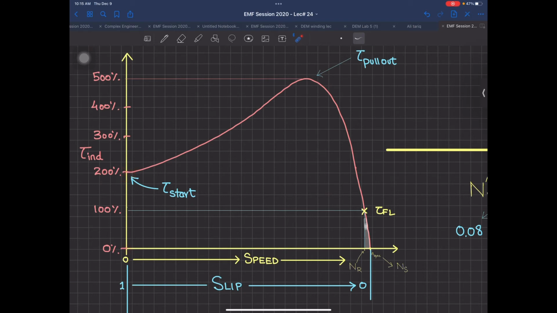नहीं, एक मशीन जब स्टार्ट होगी, relative speed is going to be maximum, your induced EMF in the rotor is going to be maximum, current is going to be maximum. So this point is a must. ये बनना है, चाहे लोड जितना मर्जी हो. Remember this thing. This T start will always be there.